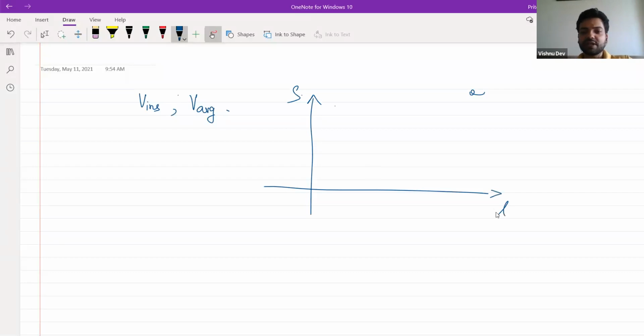Let us say this is displacement, this is time. If I give you a graph and from the graph you can clearly see the velocity will be constant, then in this case instantaneous and average will be the same. That's correct. But let's say we have a non-uniform motion, so in that case, you will have to find the instantaneous by taking the tangent at any point. Definitely it's not a good time to go through these tangents, differentiations and all, but surely we'll focus on it in foundation class. So let's go through another question.